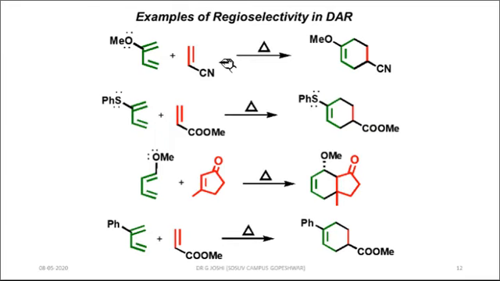There are some examples of regioselectivity in the Diels-Alder reaction. We have kept different electron donating groups on the diene at different places: carbon 1 here, carbon 2, this is also carbon 2, this is carbon 1 and carbon 2. And we have also put some electron withdrawing groups on the dienophile, and depending on their orbital coefficient as well as orientation, we can predict the formation of the product, whether the ortho type or para type product will form.